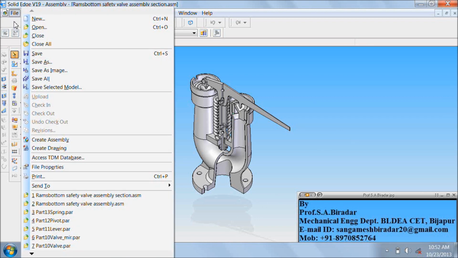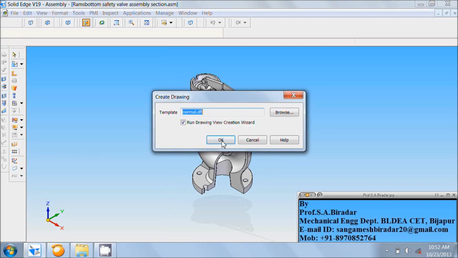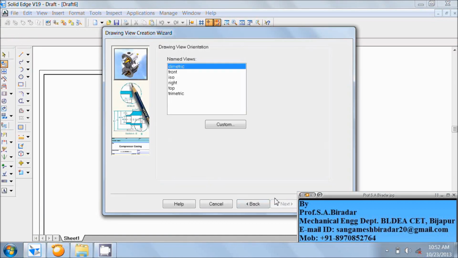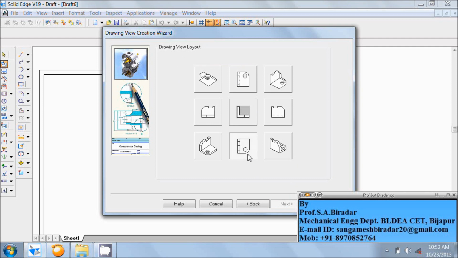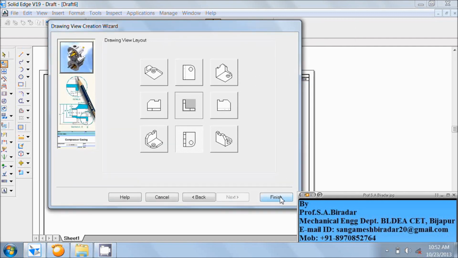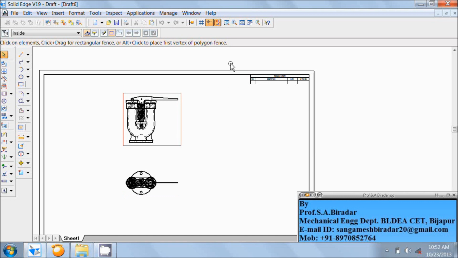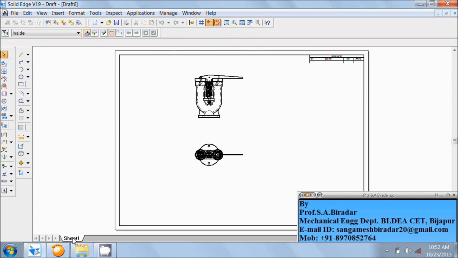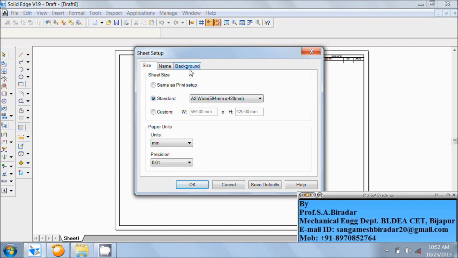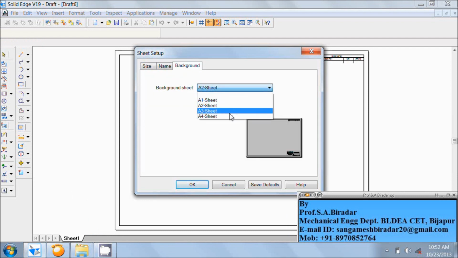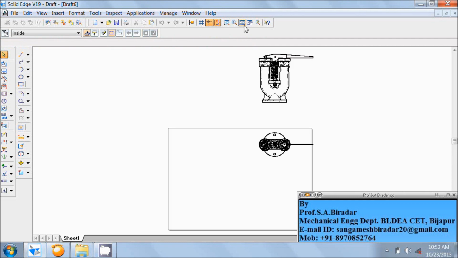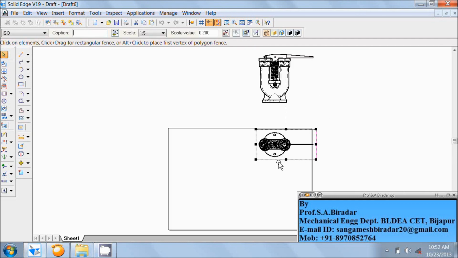So go to the file, click on create drawing, click on OK, click on next, select here front, click on next, select here top, click on finish, place it in the screen, fit it, do the sheet setup, right click of the mouse here, click on sheet setup, background, do as A4, unmark this show background, click on OK, fit it,